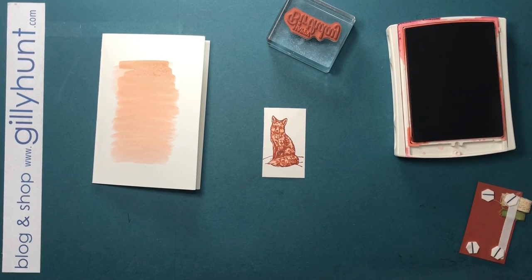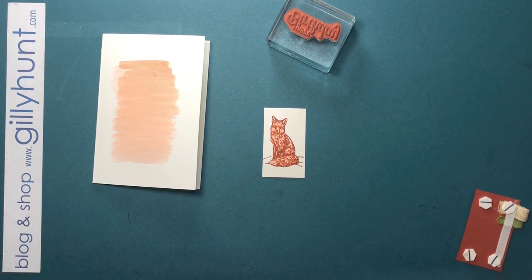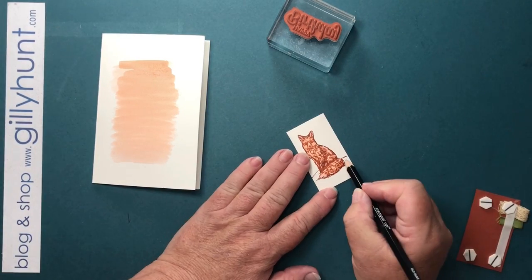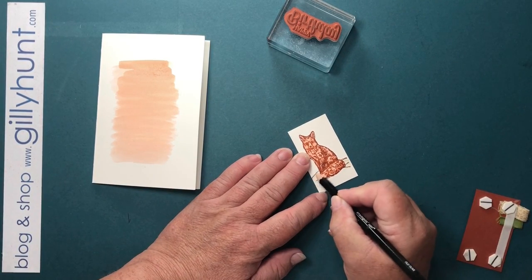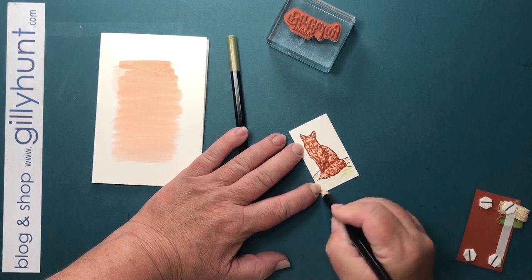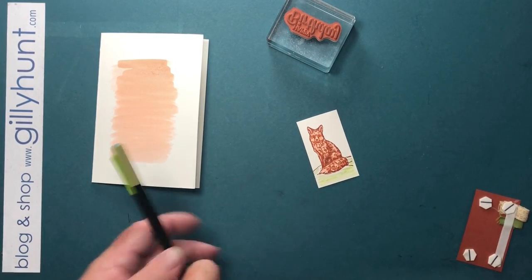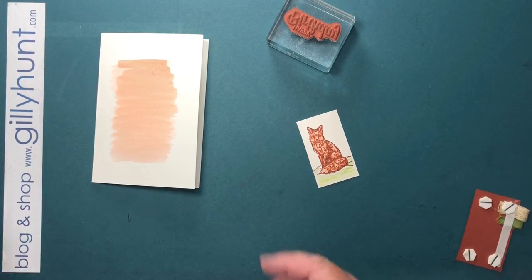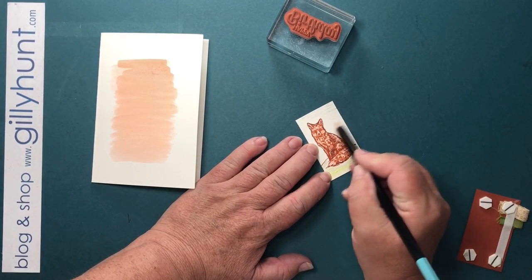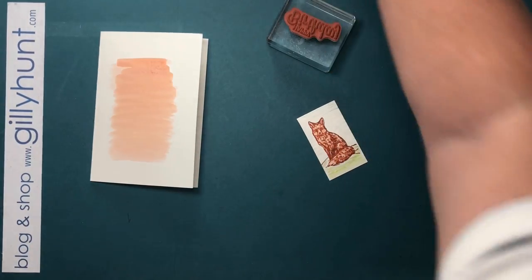Okay, let me just get my brush clean. There we go. Now, what else am I going to do to that one? Well, I think what we might do is what I was talking about earlier, and that is mixing in some different medias. So I'm now going to bring in my pencils. A little bit of the darker green and a little bit of the paler green. And don't forget, you can mix the colours of your pencils to get the colour you want, or to get it to look like it's fading into the background. And I might just have a little bit of the blue here. Okay, let's do this on the background so I don't...